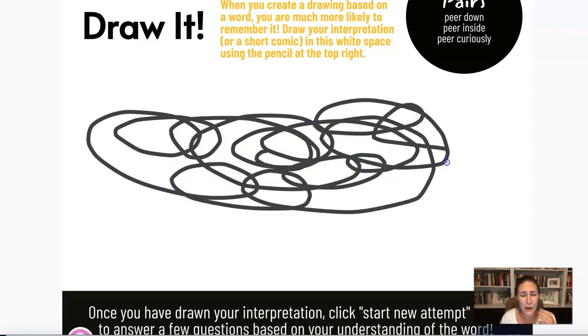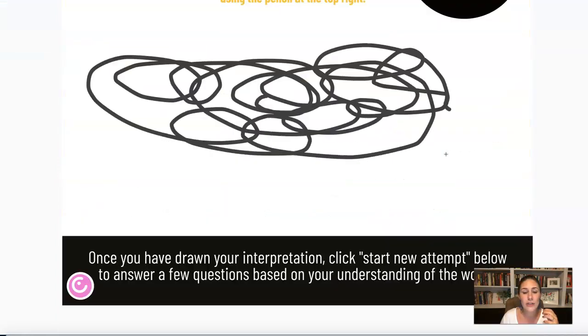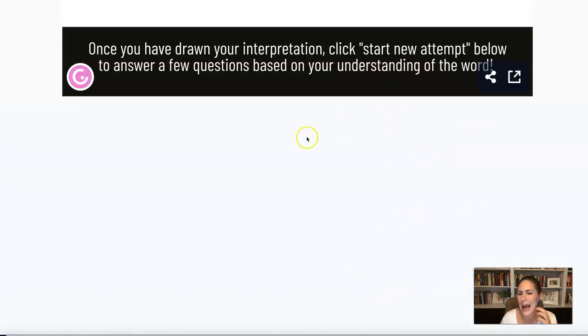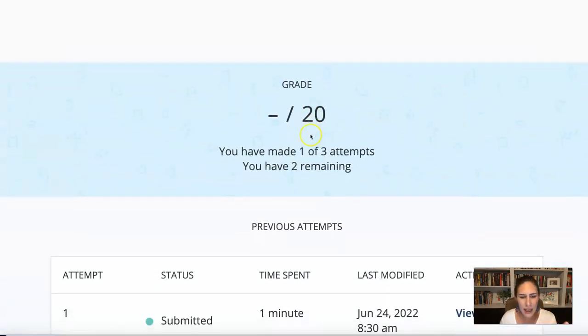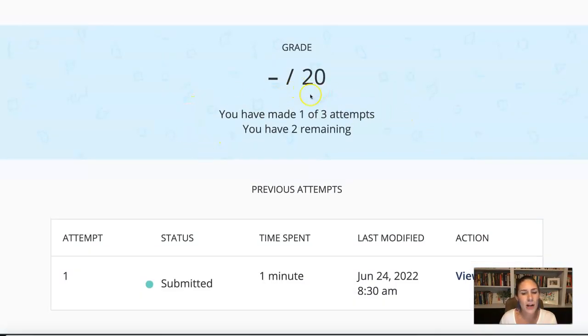I wish I could see these drawings as a designer. I really want to. This right here, you're going to need to scroll all the way down to the bottom. For some reason, Schoology created this weird gap and I couldn't get rid of it. And I do apologize for that. But it's okay because you're going to figure it out. You have to scroll all the way down to the bottom and it will give you a box that says